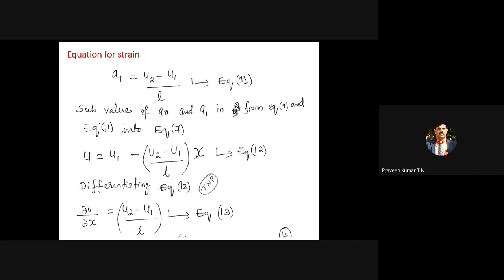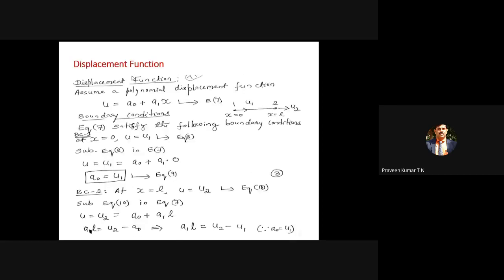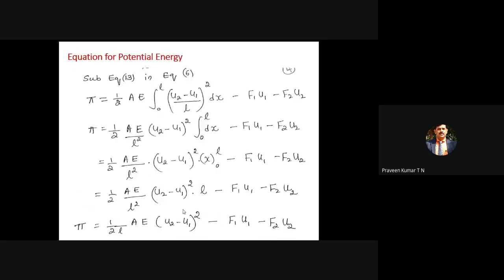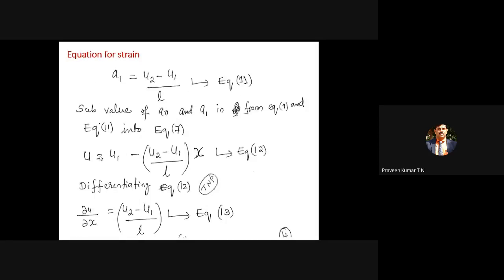So finally, we have the equation for U, but in this equation, we have del U by del X. Finally, why are you doing all those things? We required the equation for del U by del X. We have del U by del X the whole square. Now we have the equation for U, so we require del U by del X. We have equation 12, so you have to differentiate equation 12 with respect to X. Once you differentiate with respect to X, we will get del U by del X.